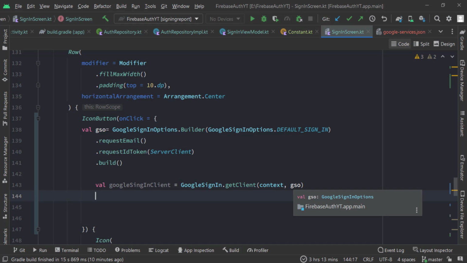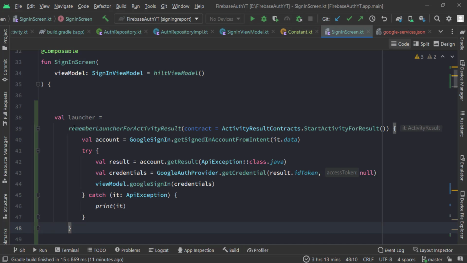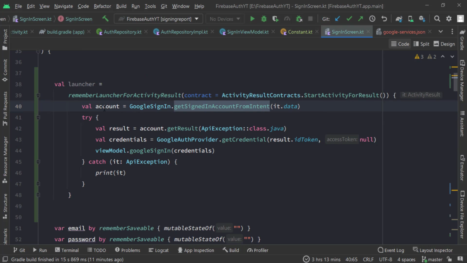But that's not everything. We need to create a launcher here to get our user account. I will paste the launcher here and then explain it to you. Here we are using a remember launcher activity for result. That's because we are inside our compose activity, and here we are getting our user account from the sign in intent. We are using this account inside our result to get the result from our account,